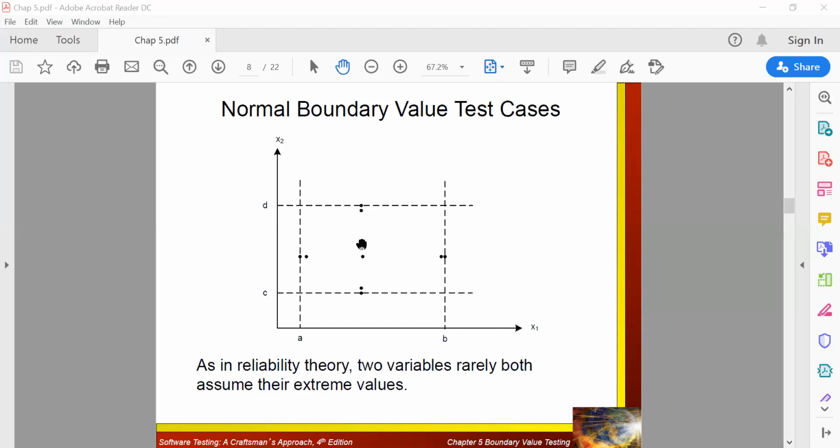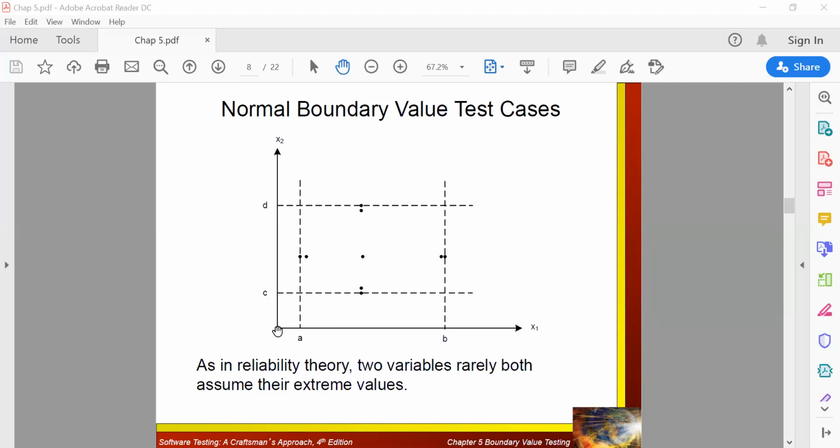This is what you will be speaking about with respect to reliability theory. If you have two variables which are completely independent, where you will be finding maximum and minimum values, depending on that you can have the ranges fixed. So this is your normal boundary value analysis, if you want to represent it diagrammatically.